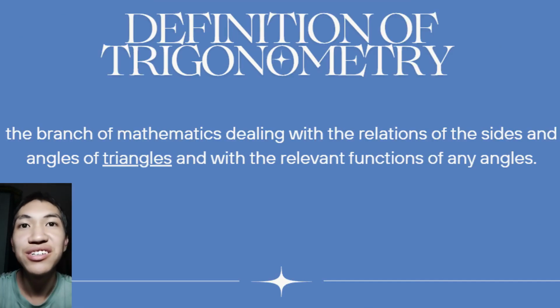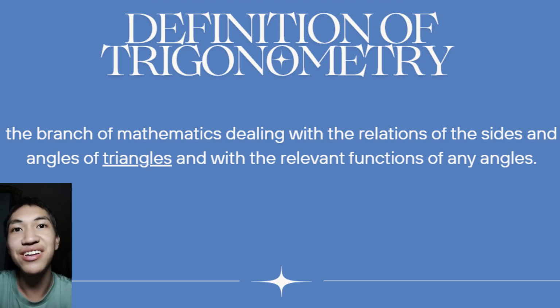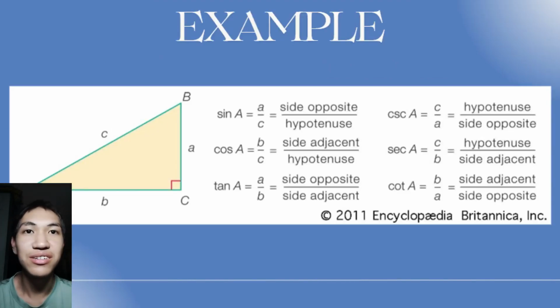So trigonometry is the branch of mathematics dealing with the relations of sides and angles of triangles and with the relevant functions of any angles. So for example, this is called a right angled triangle. As you can see, there is a 90-degree angle,